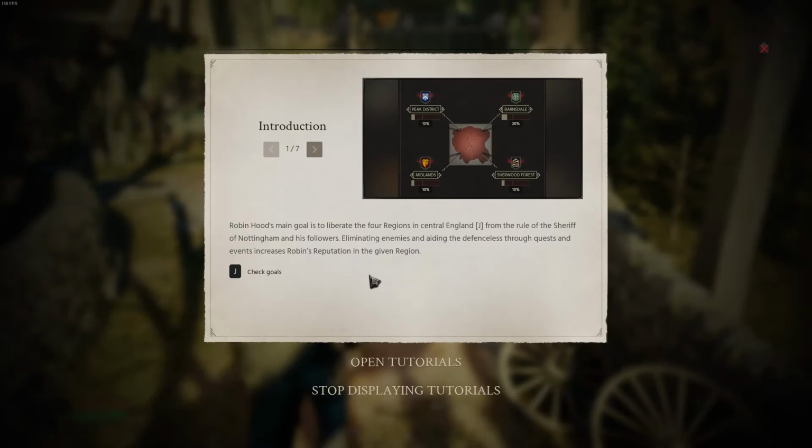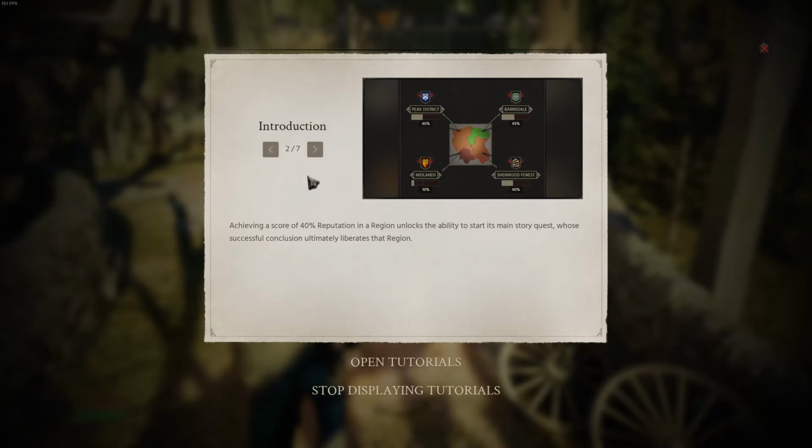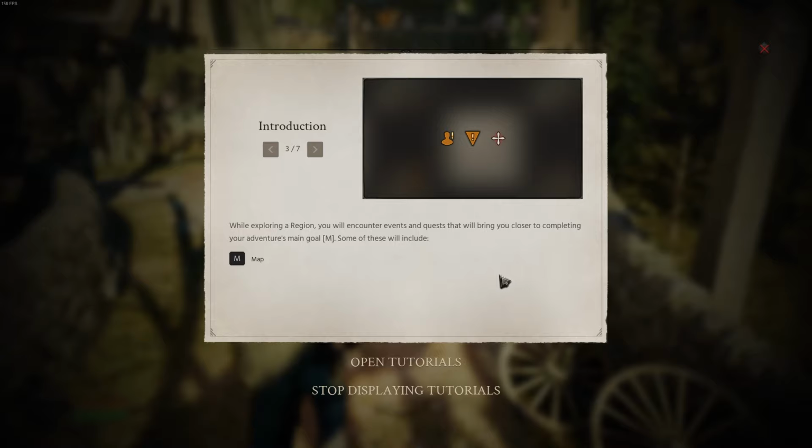Robin Hood's main goal is to liberate the 4 regions in central England from the rule of the Sheriff of Nottingham and his followers. Eliminating enemies and aiding the defenseless through quests and events increases Robin's reputation in the given region. Okay, so we want reputation in each region. Achieving a score of 40% reputation in a region unlocks the ability to start its main story quest, whose successful conclusion ultimately liberates that region. While exploring a region, you will encounter events and quests that will bring you closer to completing your adventure's main goal. Some of these will include